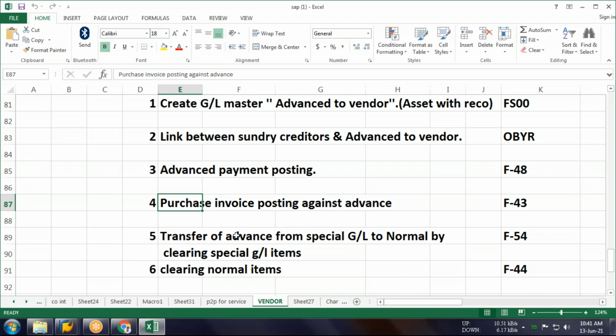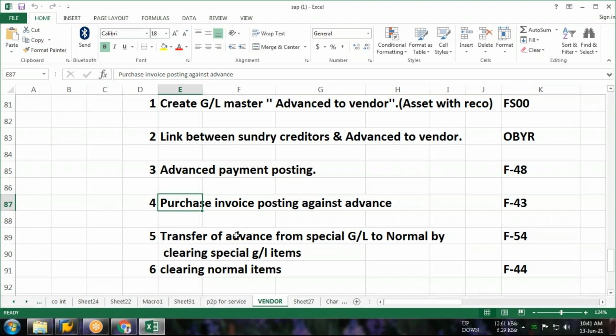So previously we have seen that if we are going to post any vendor invoice, the T code is FB60. Guys आपको याद है ना हम लोग FB60 करके vendor invoice post किए थे? Yes, sir. So FB60 is the normal T code we are using for the vendor invoice. This is another T code for the vendor invoice posting where the advance payment has been done.